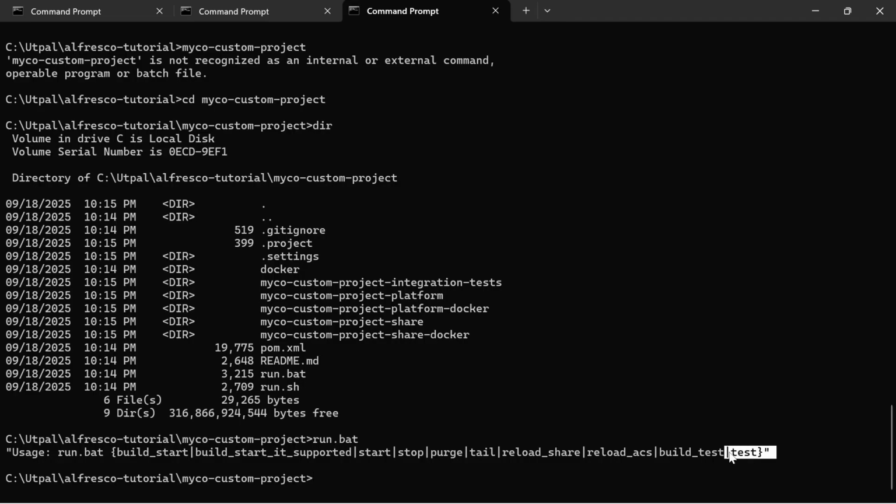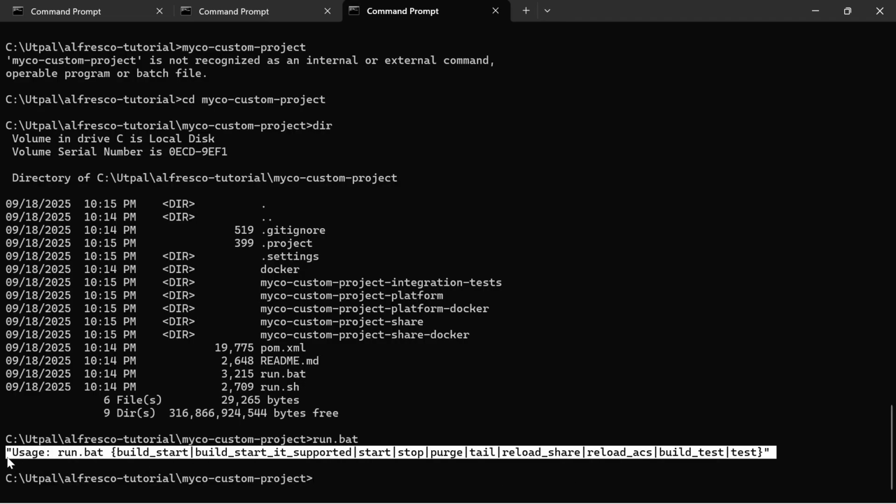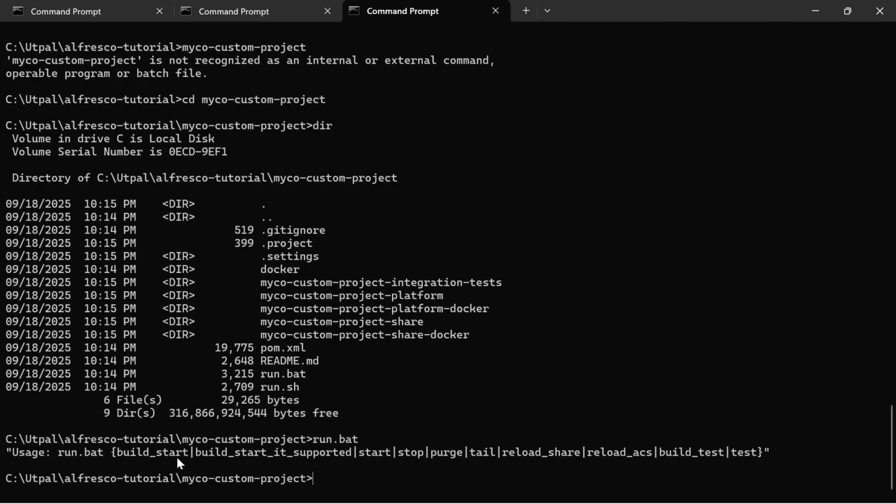So what I want to do with the run command. I am going to build and start the project. So I want to do both. First it will build the project and then it will start Tomcat. This environment makes use of containerized Docker Desktop. So the Docker runtime will be used to launch the project. So if I say run.bat build and start